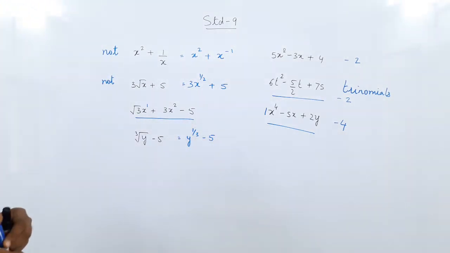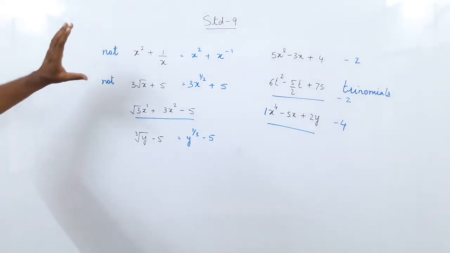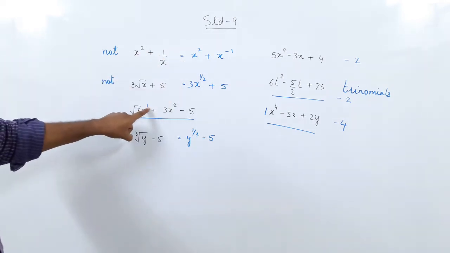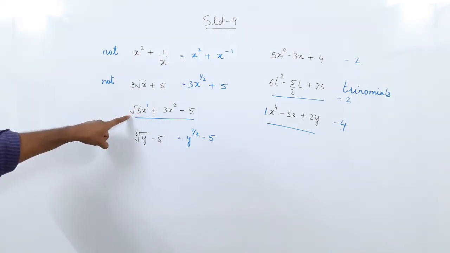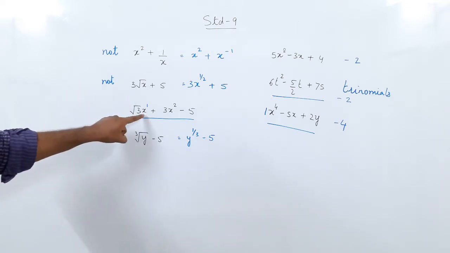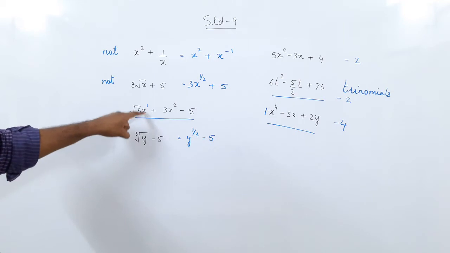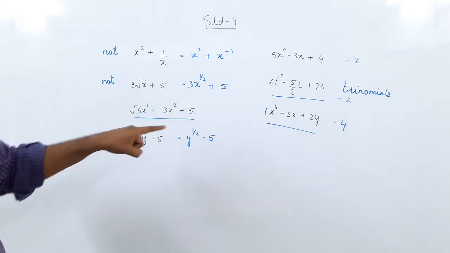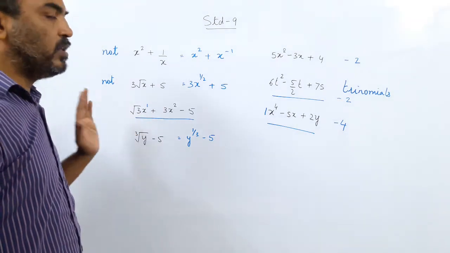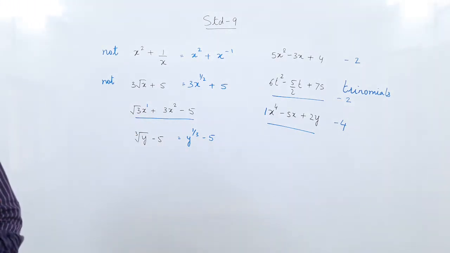So first of all, what is a polynomial? When we classify polynomials, you will see only those which have powers as positive integers. This variable, this coefficient can be a rational number, irrational number, positive integer, anything. But the variable here should have a power which is only a positive integer. If the power of the variable is a positive integer, only then it is a polynomial. So the first thing which we need to do is classify which are the polynomials.